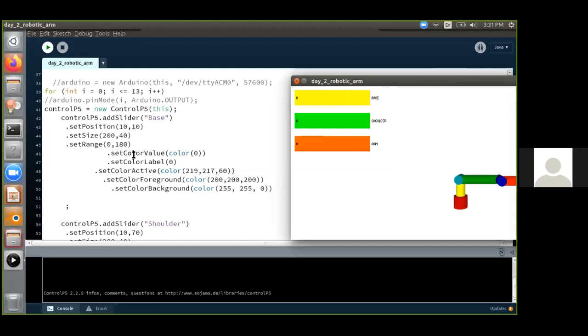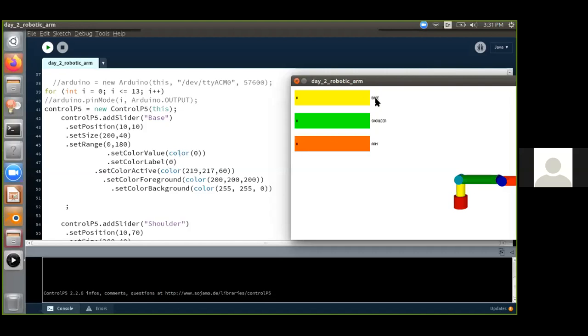So set value color, that is the value inside this is 0, and the value inside this is 0. Value color 0 is on a scale between 0 to 255. If you give 255, it will become white, and you cannot see it against the background. So I have given 0 so that it will be black in color. Set color label is equal to 0.